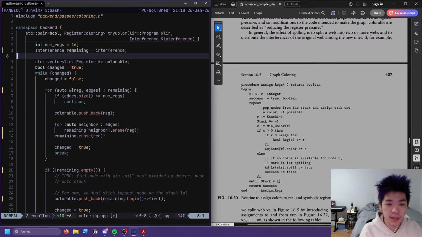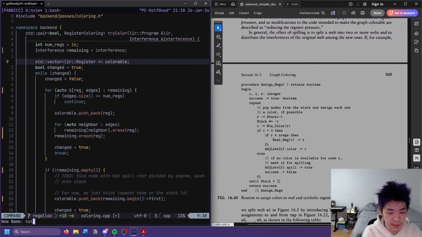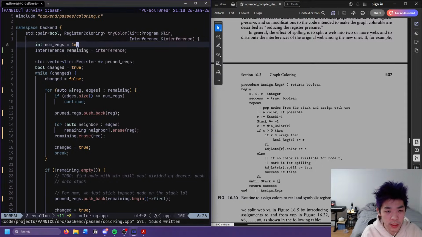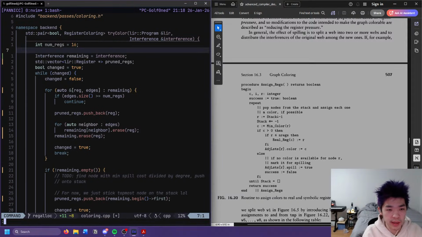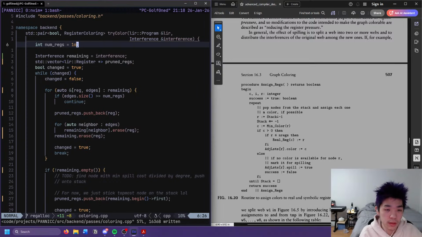Okay, I guess let's rename this pruned regs, just to be clear. Actually, let's group it like that. I like this a little bit more.